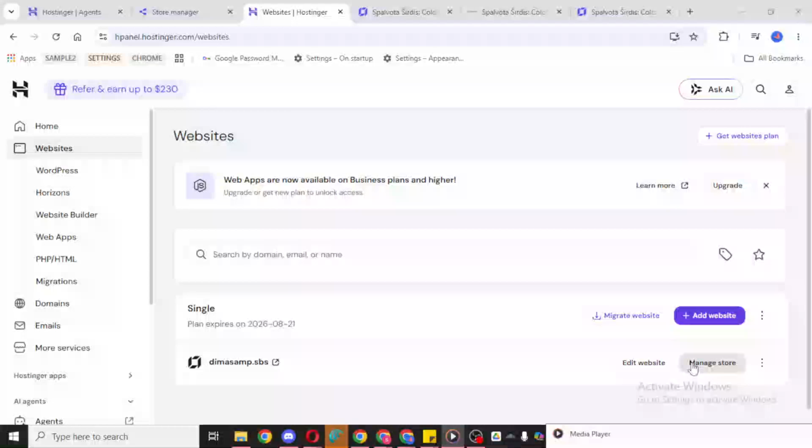In today's video, I'm going to teach you how to add a footer section in Hostinger Website Builder. To get started, open your Hostinger account and access the website you want to edit. Once you're inside your dashboard, look for the option to edit your site and click Edit Website.